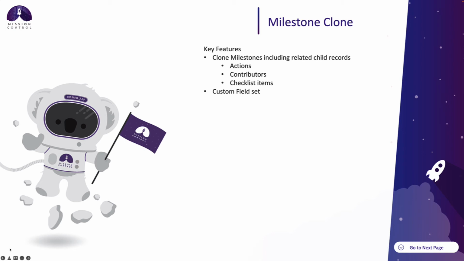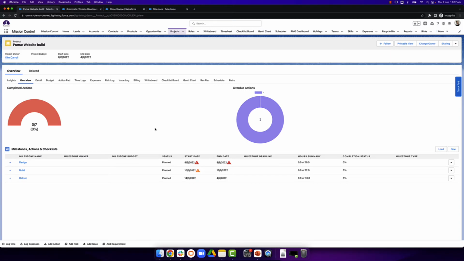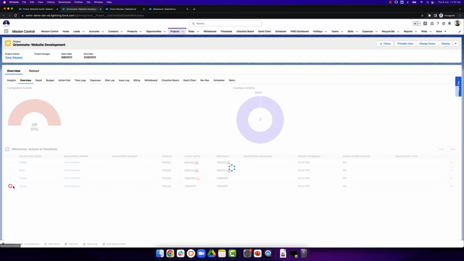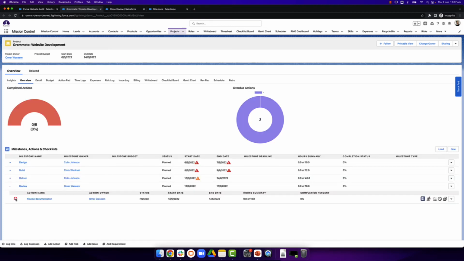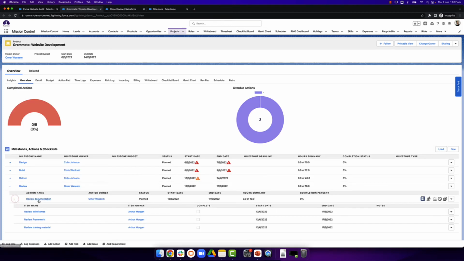Let's have a look. Alright, so let's say that I've got a project here and I need to create a new milestone for it, but I know that I've created that milestone before in another project. So what I can do is just go over to the project where I've created it, and let's say I'm going to take this review milestone, and as you can see it's got one action with a few checklist items